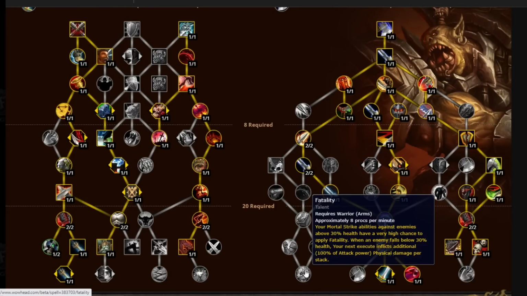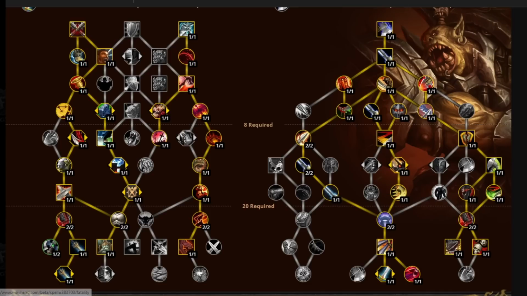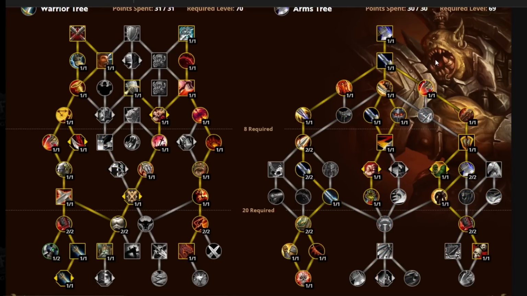With Fatality it can make things kind of weird, especially for a single target build, which here, one second, let me pause this and make one of those. And bang! All right, we have a single target build. Like, if we're taking Fatality,